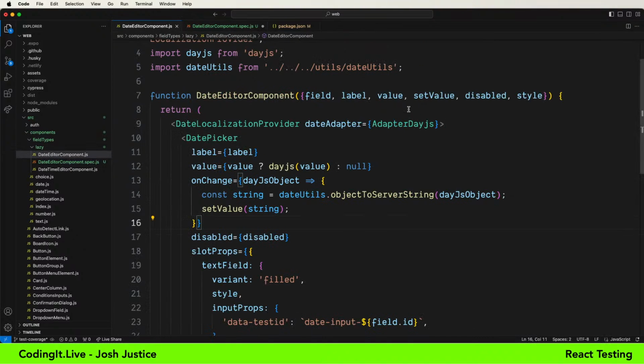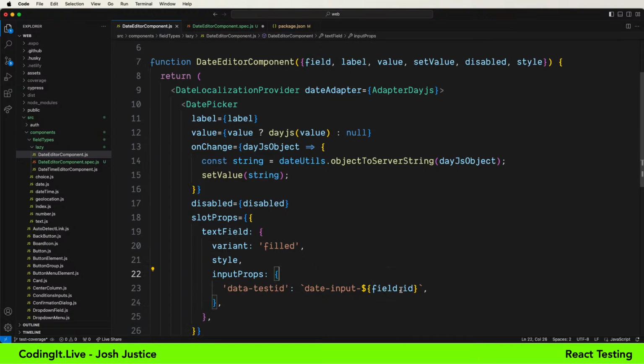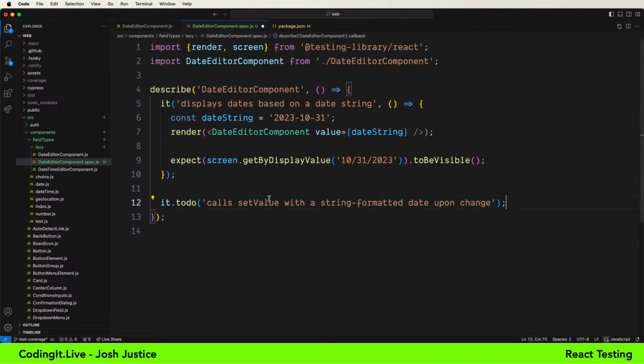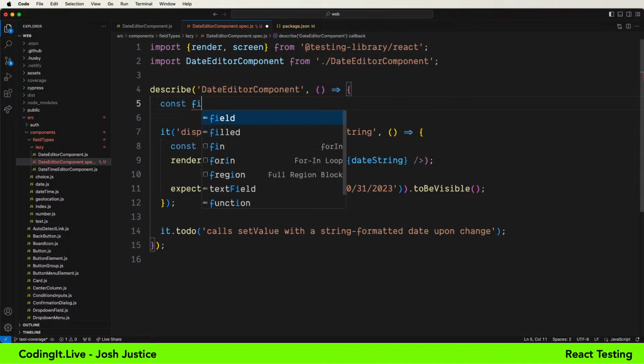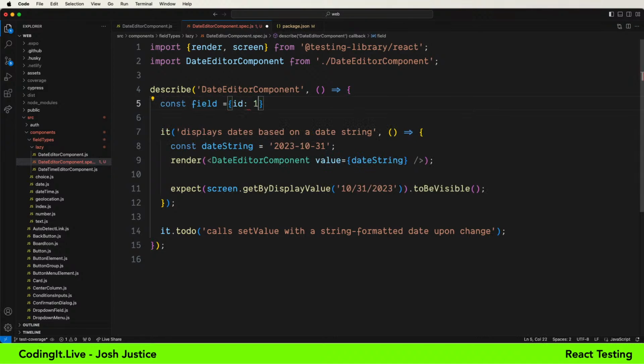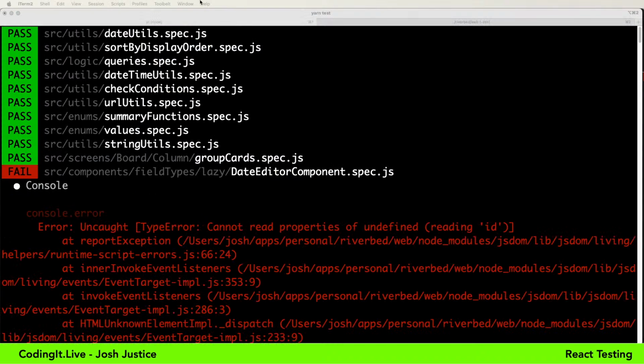So field is a prop that's passed as well, and code as written expects it to be there and expects an ID. And because I'm not using TypeScript, it's not forcing me in the editor to pass that in. I am not going with TypeScript yet on my side project. So instead, let's just pass this field as needed. Notice we're not passing label and disabled because the code doesn't blow up without that, but we'll pass in a field. And we'll just set that up here because I expect we'll be able to share that. ID 123. That should be enough to get past that error, so let's give it a try.